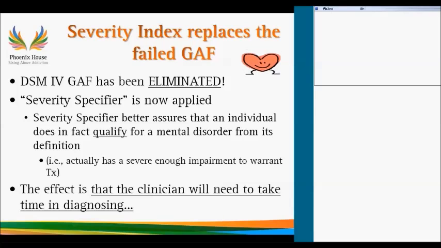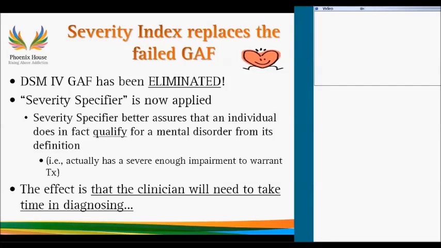So I like talking about this slide, and there's a little heart here jumping up and down, as you can see. Many of you, if you've ever had to do a chart audit or look at files, we're always looking at what is the gap. What is the gap at intake? What is the gap at discharge? What does the gap score mean in terms of assigning people to which level of care? And this was never really very useful to anybody except probably for insurance companies. To pick a number between 0 and 100 is not really good science.